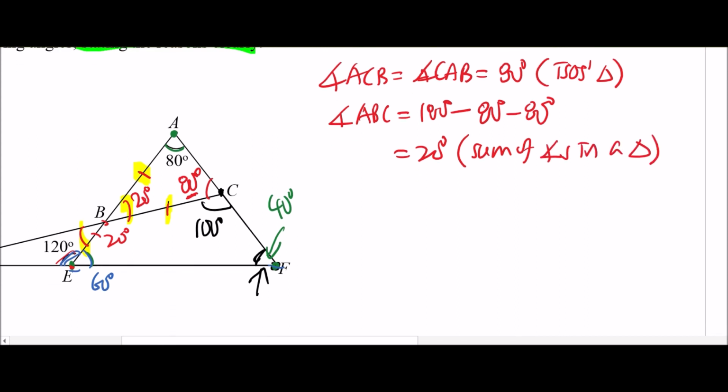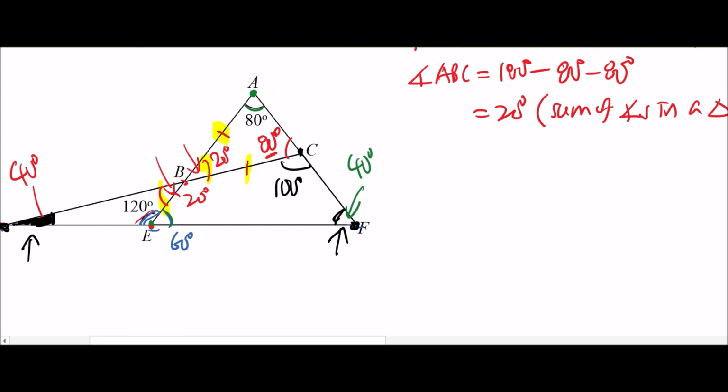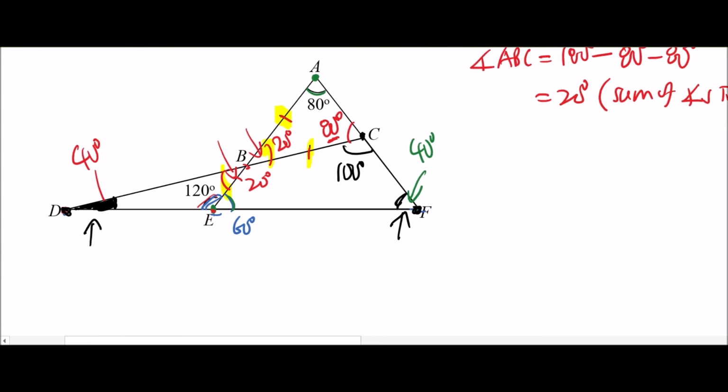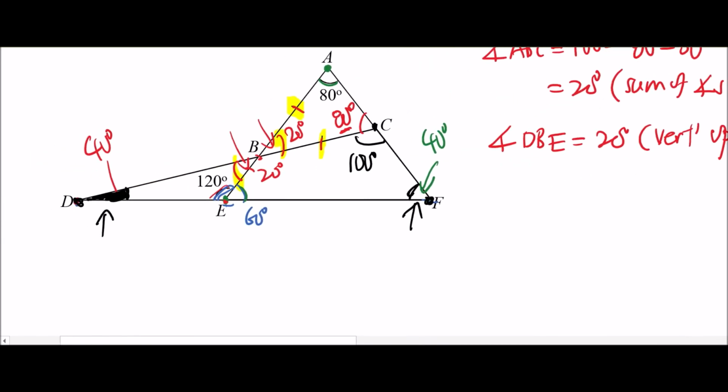Okay, so now once we have this 20 degrees over here, we can proceed to push it to this 20 degrees. So angle DBE is also equal to 20 degrees. Why? Because of vertically opposite angles, right? So now after we have found this one, we're going to make use of triangle DBE